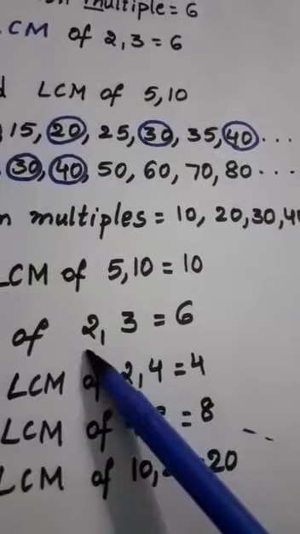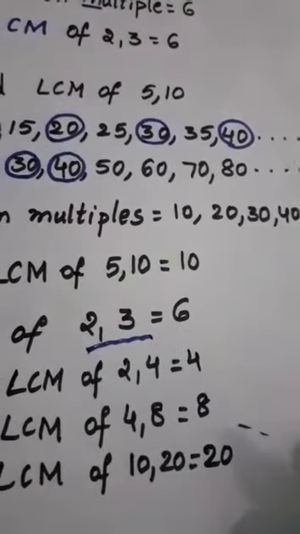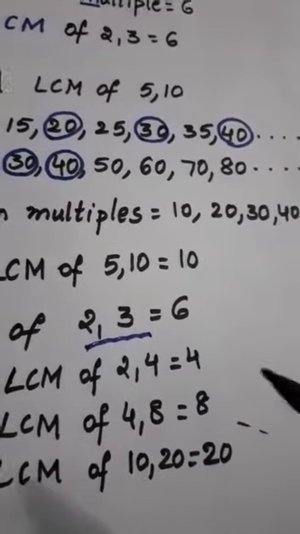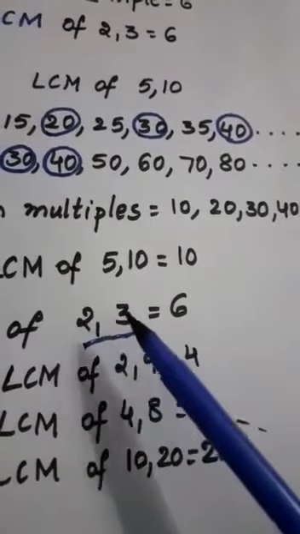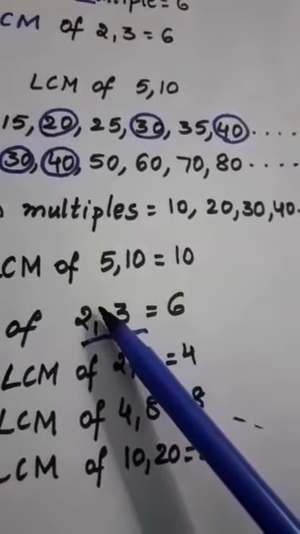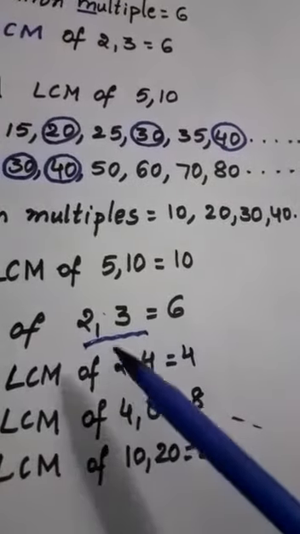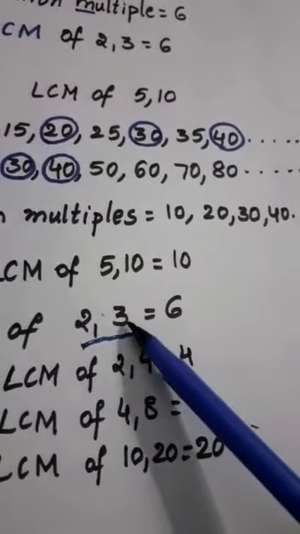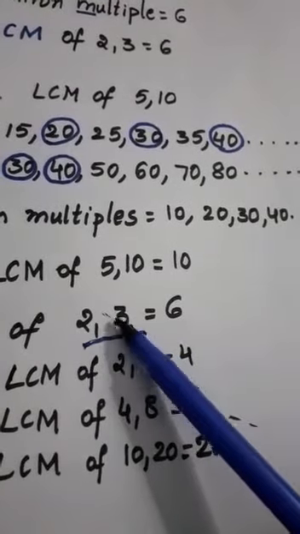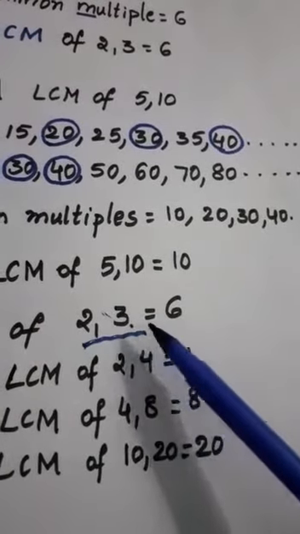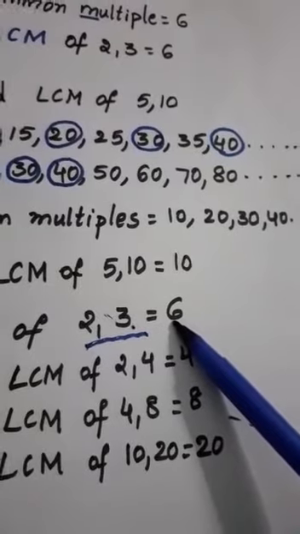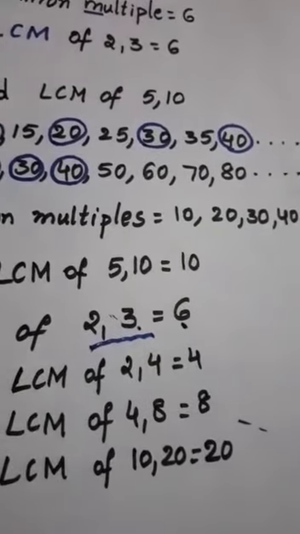So in that time what should you do? In the 2 table 3 is not there. So in that time what you have to do is just multiply these two numbers, 2 and 3. Understood now? 2 table 3 is not there, then multiply these two. 2 times 3 is how much? 6. You got the answer or not? Now one more example I'll explain.